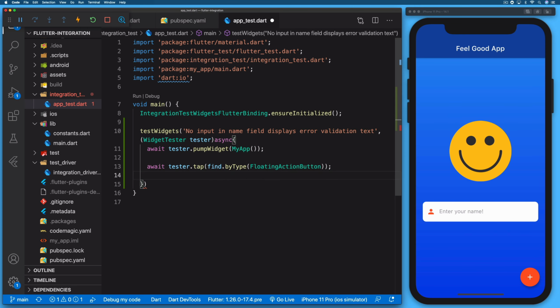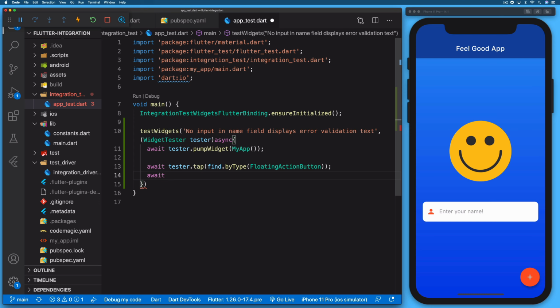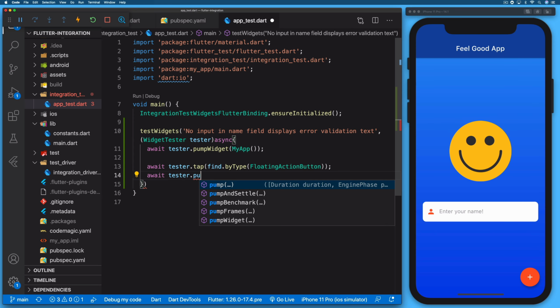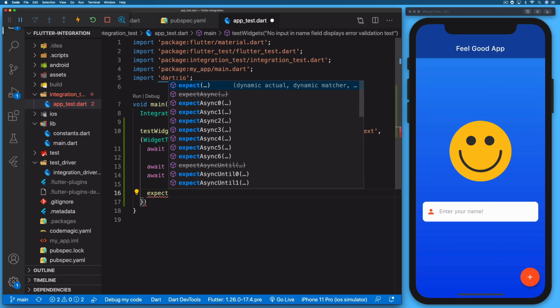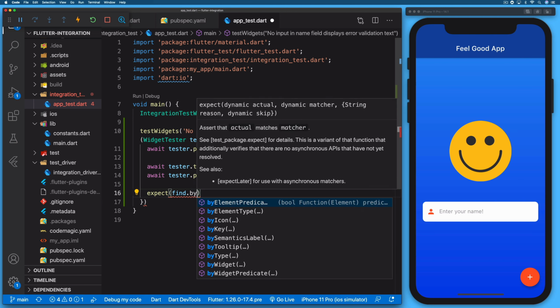Okay. Then, after we've done that, we need to just allow the animation to settle correctly. So we're going to use pumpAndSettle, which will make sure that there's no active animation still occurring on the screen before we try to do anything else. Then we'll write our expectations. So an expectation consists of a finder and a matcher. So if we write expect and do a find.byType,